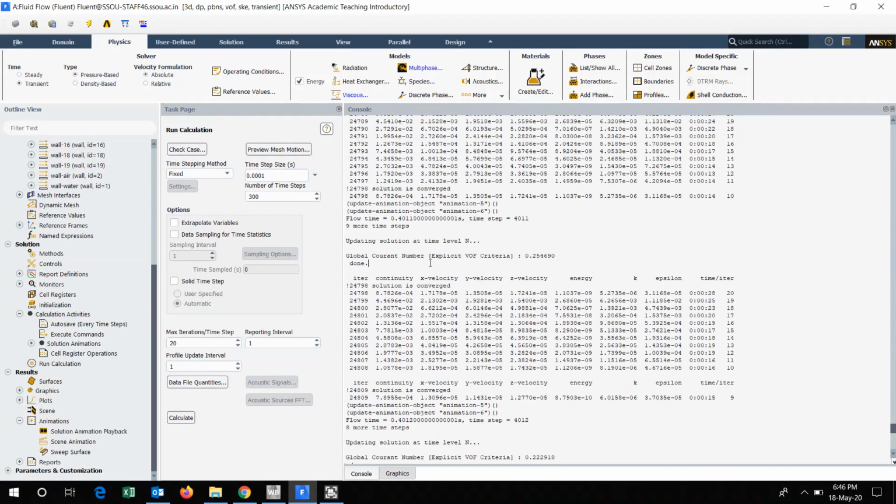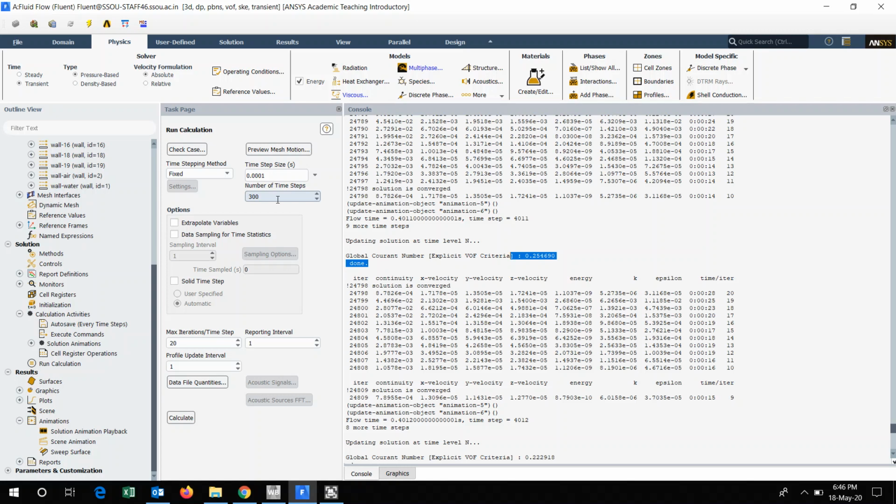So right now my Courant number is very less, it is 0.254690. So it is quite a low value. So I think with this I can go on continuing with more than 50 or 60,000 iterations quite easily. To ensure that the Courant number does not go more than this value, some things have to be taken into consideration. The time step has to be selected properly, and the number of time steps also is in some cases one of the concerns.